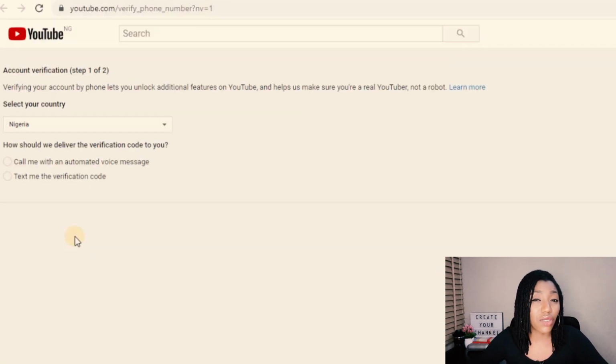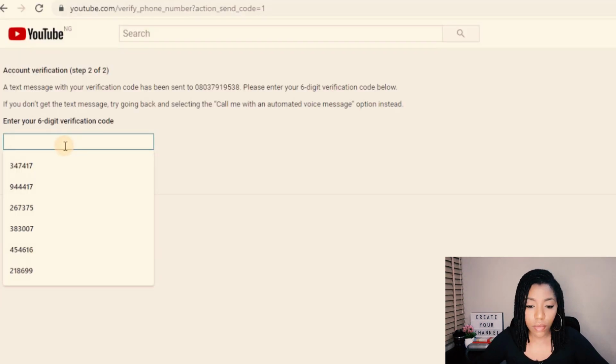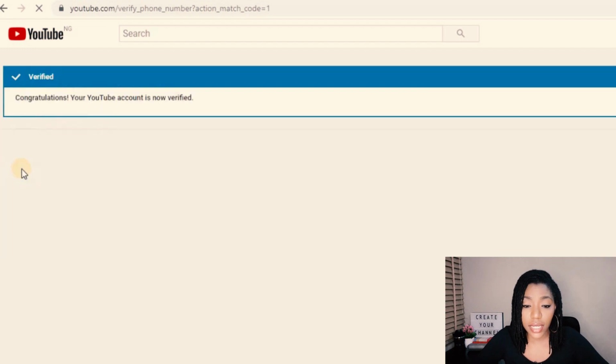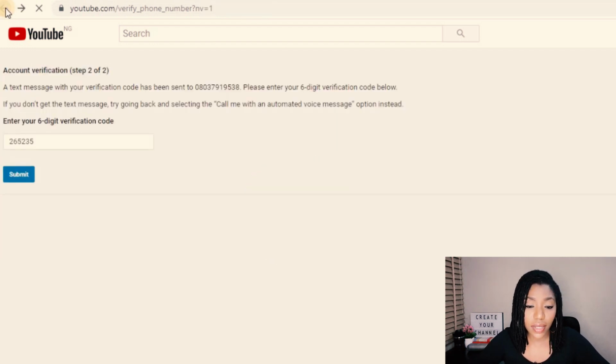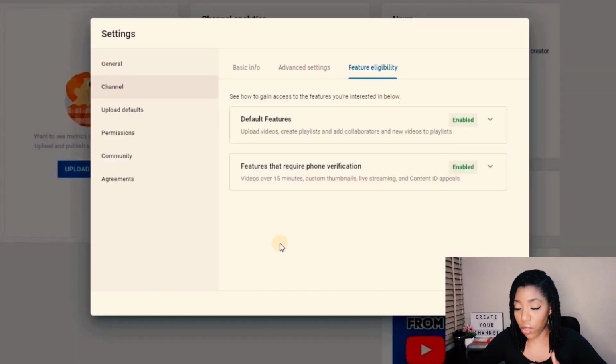Now, YouTube is going to send you a verification code and you're being asked here if you want it to be sent by a phone call or by text. Okay, so I got my code. Yes, and then you submit and your channel is verified. Okay, so now we can go back and click here on continue. Yes, we have all the features enabled now,